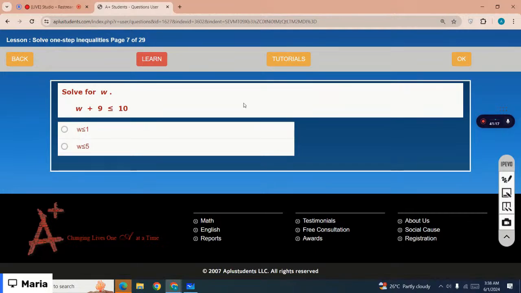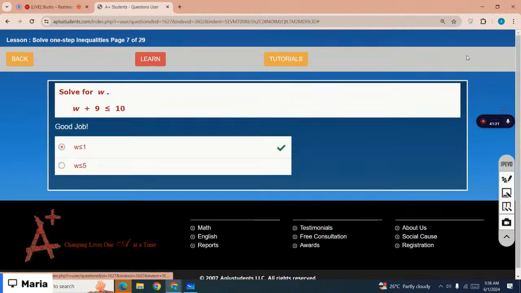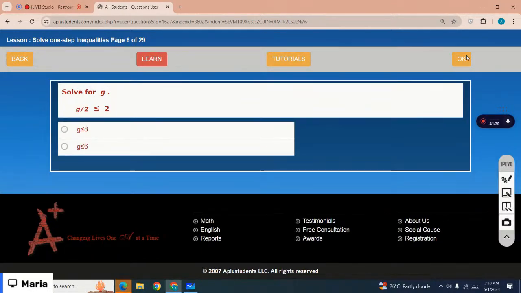Very good. That is w is less than or equal to 1. Option number 1 is correct. Solve for g, which is the